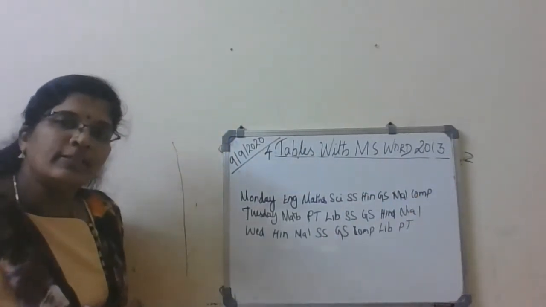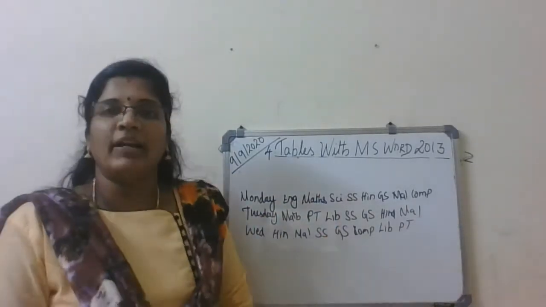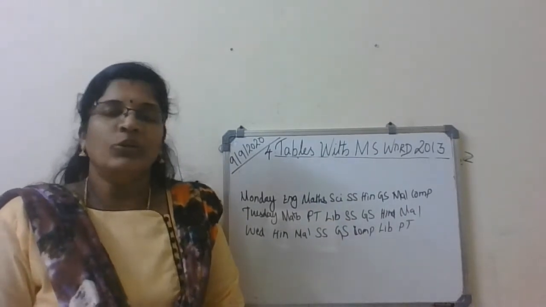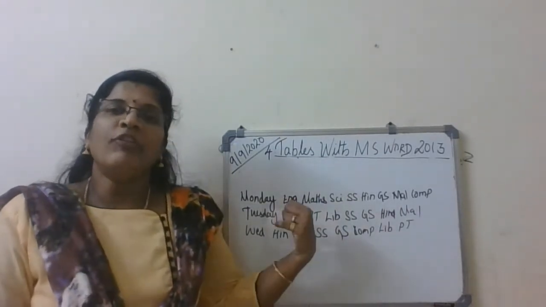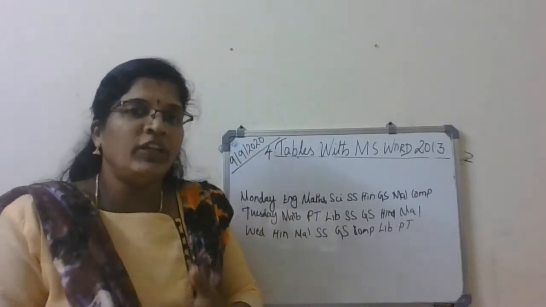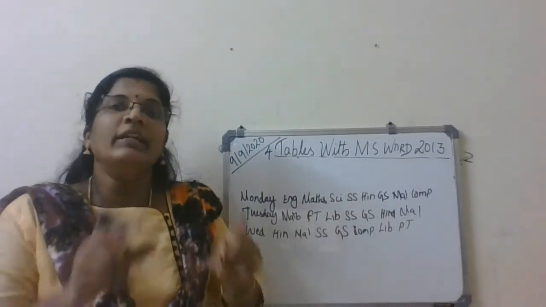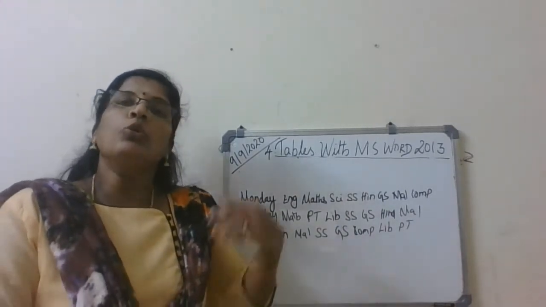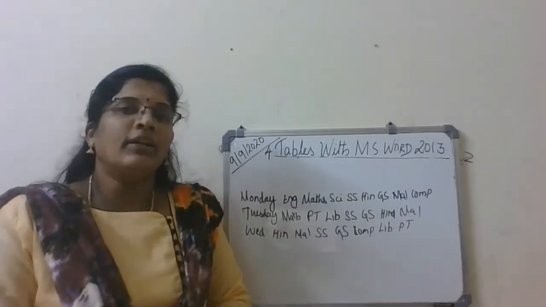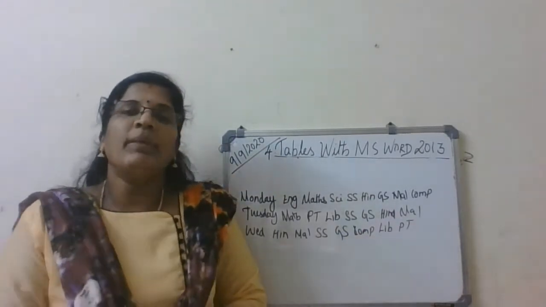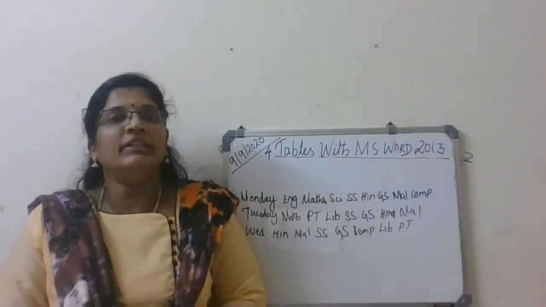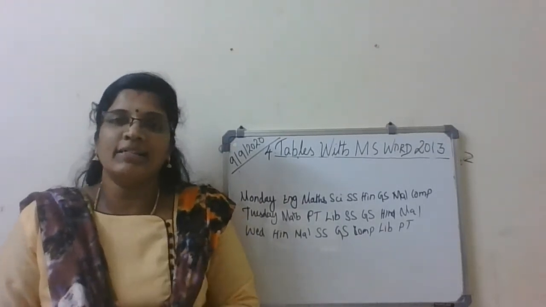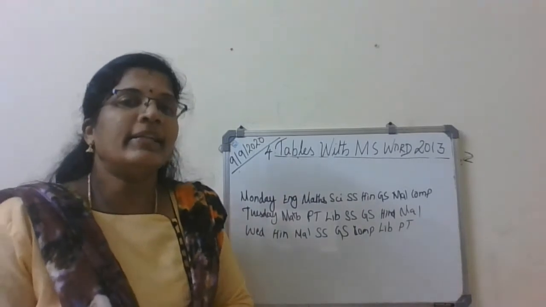So if I display information in this format, will it be easy to understand? No, right? So the information, whatever we are giving to others, should be in a neat format. That should be understandable by others. So to make it understandable, we are creating tables. We can make textual data and numerical data into a table for better understanding. That is the reason we are creating tables.